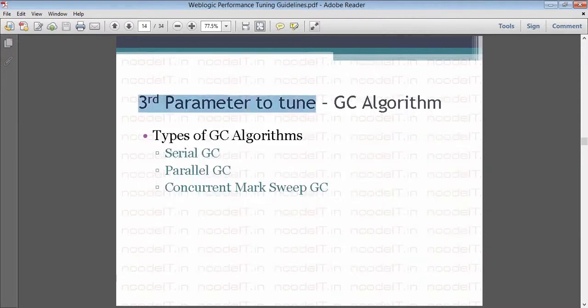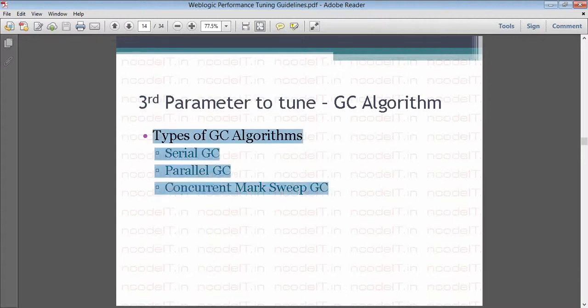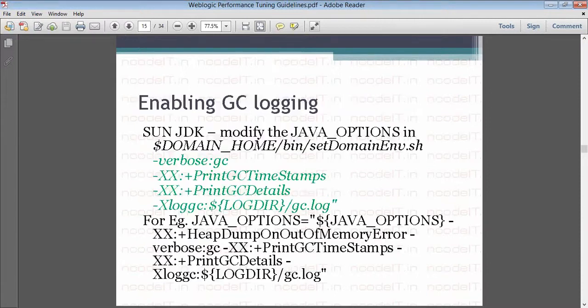The third parameter to tune in JVM is the type of GC. The second parameter was the compartment sizes. The compartment size is basically what is new generation size, what is old generation size, what is perm generation size, those three things. And the first parameter that we tune usually in JVM is your XMS and XMX values. So those three things to tune in